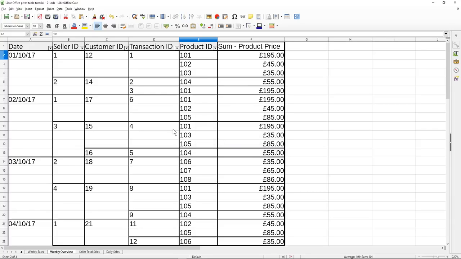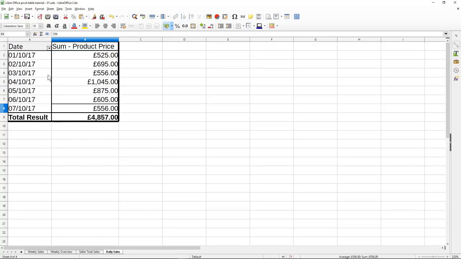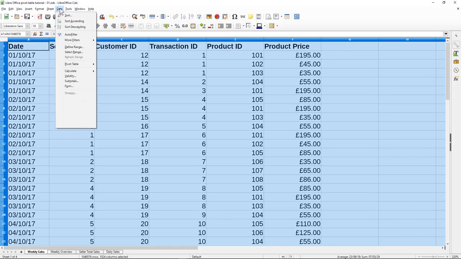So here's 3 examples of different pivot tables. We have one which shows us the total sales for a specific seller or sales agent. We have one table here that shows us the total sales on a given day. We could create another one here actually, so let's go back to weekly sales, our main spreadsheet. We'll select it all again and we'll do one more. We'll go to pivot table, create,